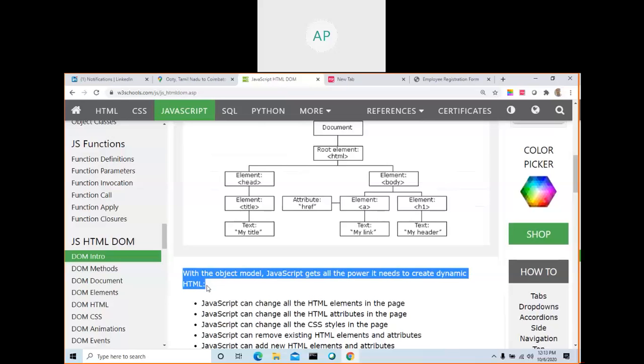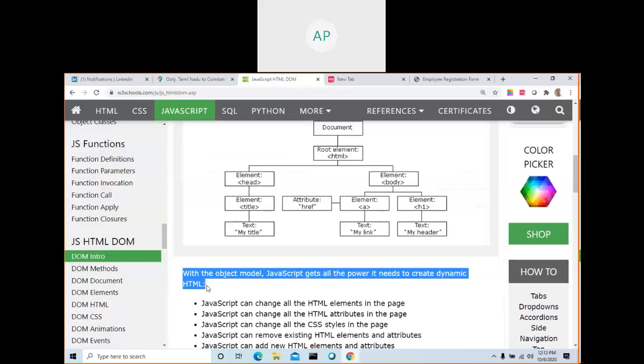Say you can delete a text box, you can add a text box. By choosing a drop down, you can show some other content. So all those things are dynamic. When you choose the radio button, you will expand something else. You will show other things on the screen. All things are dynamic. You are creating dynamic behavior in the static page. So what is the use of HTML? To create a static page. But what is the use of JavaScript? It can create dynamic behavior by updating your DOM.